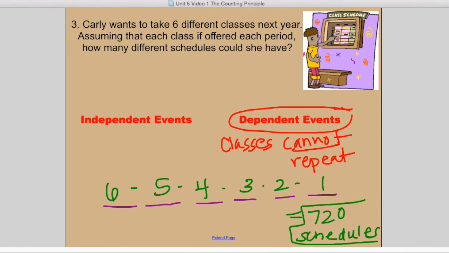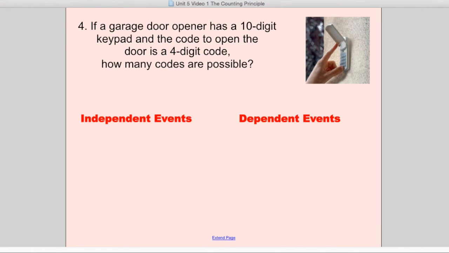If you have any questions on example 3, go ahead and write them down. Otherwise, there's a space on your note sheet for you to write down any questions or concerns you have throughout this lesson. Okay. Example 4, if a garage door opener has a 10-digit keypad and the code to open the